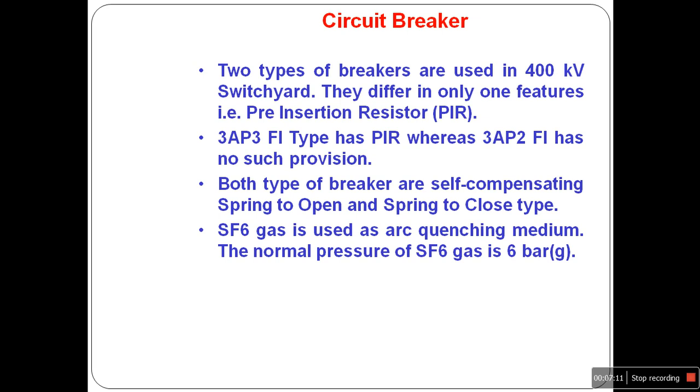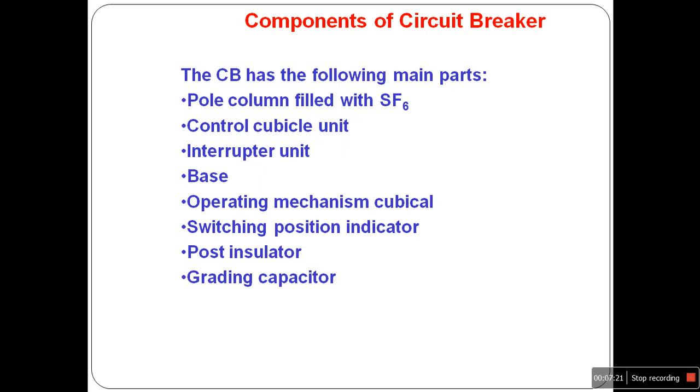The quenching medium in these circuit breakers is SF6 gas, and the normal pressure of SF6 gas is 6 bar gauge pressure. Next comes the components of a circuit breaker. A circuit breaker consists of the following parts. Number 1, pole column filled with SF6 gas, control cubicle unit, interrupter unit, base,